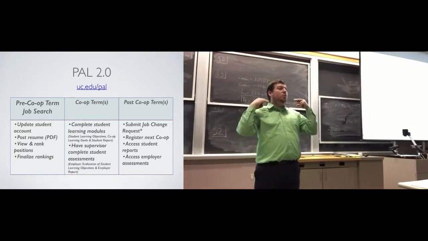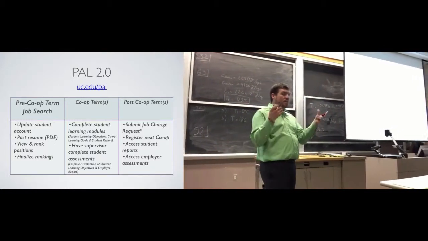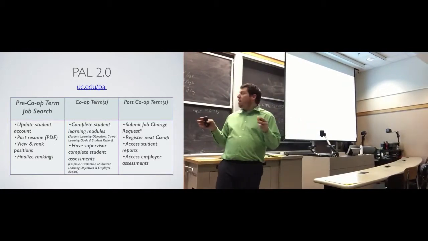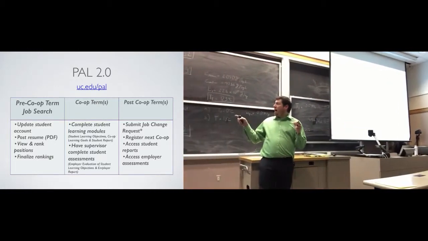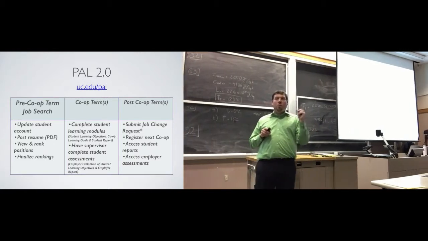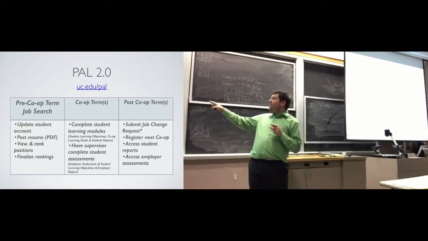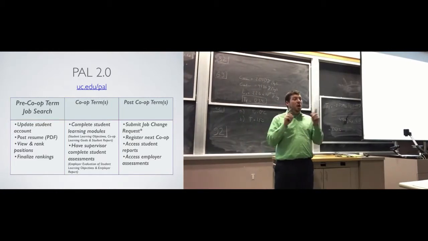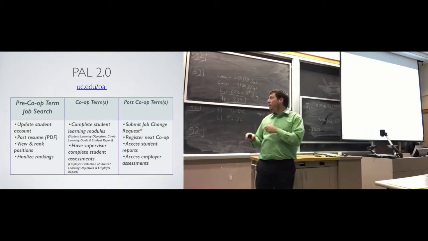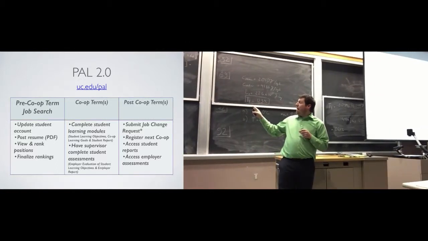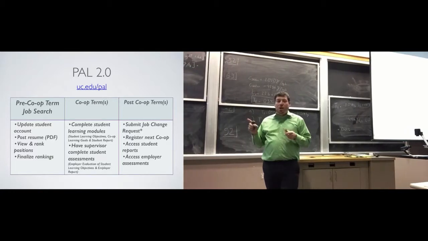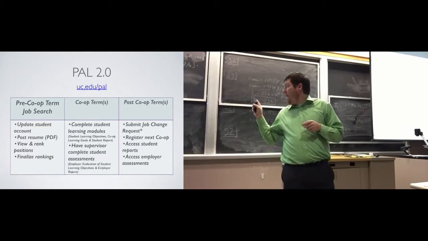There are all sorts of other strategy things we'll talk about, but essentially that's how PAL works. Does that make sense? All right. During the co-op term, you use PAL to complete your student learning modules. As I mentioned, there are 3 of them, 1 at the beginning, 1 in the middle, 1 at the end. Your supervisor also completes an assessment of you through PAL, which you'll then get to read after co-op. After you come back, you use PAL to submit any job change requests, register your next co-op, and access all